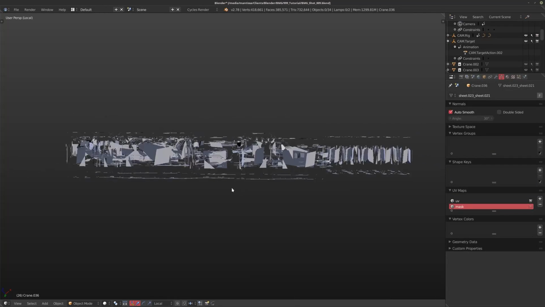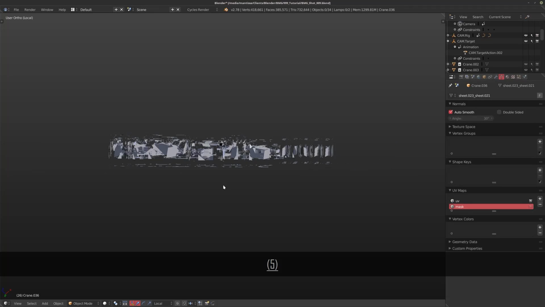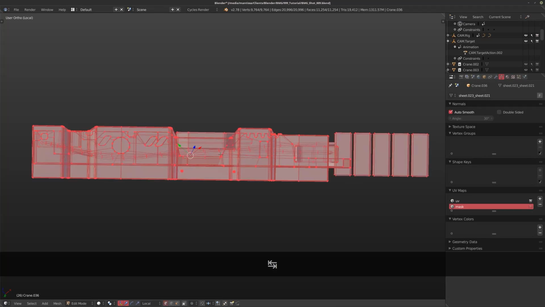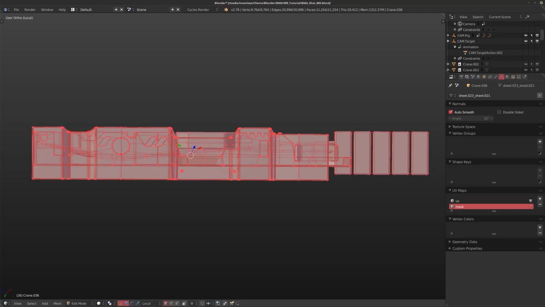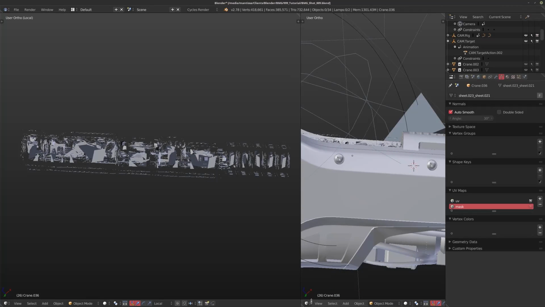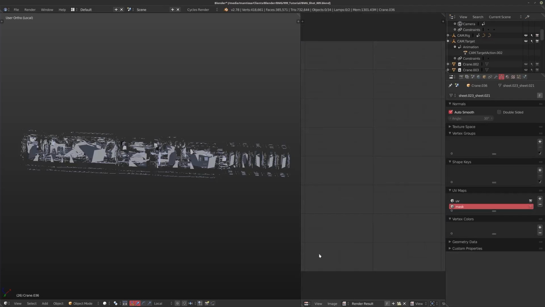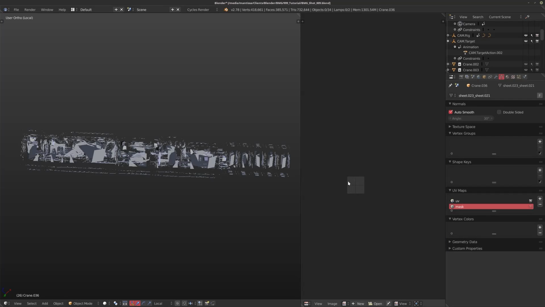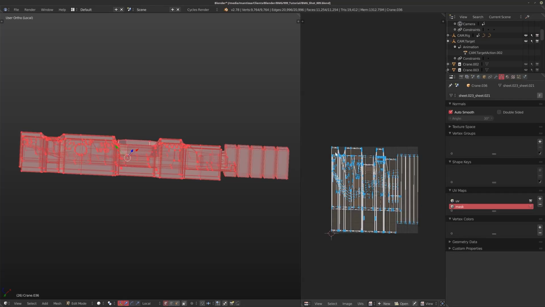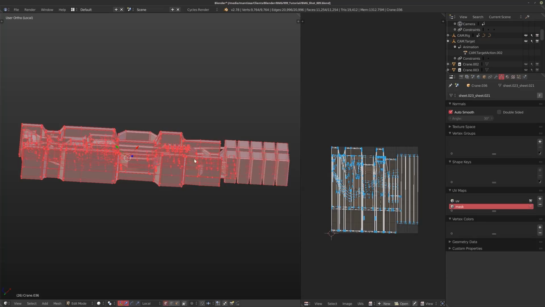So the next thing I'm going to do is I'm going to create that second UV, and I'm going to do this by just looking at the object, hitting 5 on the numpad so I'm in isometric view. And as I'm sort of looking at it from one side, go into edit mode, hit the U key to unwrap, and I'm just going to project from view. I use the project from view bounds. So if we go have a look at the unwrap of the object, you can see these UVs, I wouldn't really use them for texturing or anything, but these are really easy to use with a mask.